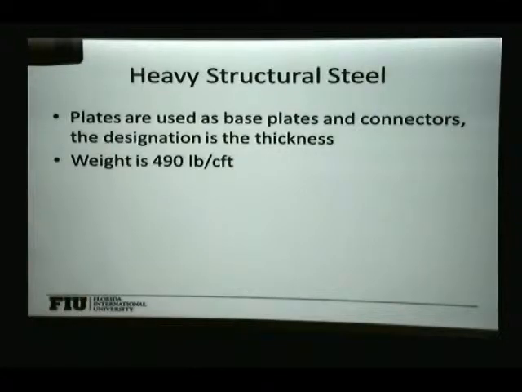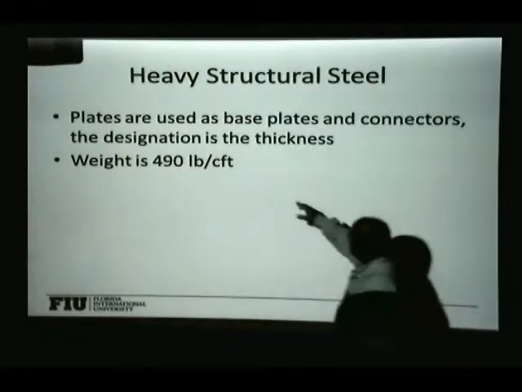Plates are used as connectors to interconnect different elements or to hold them in place. When you need to bolt a column, you weld that column to a plate and then bolt the plate to the floor. If you do not know exactly what would be the weight of an element, you can figure it out